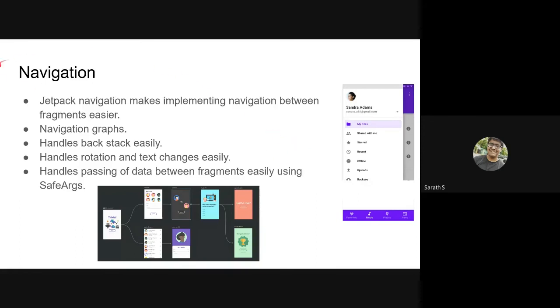There's another thing called navigation, and specifically Jetpack navigation. This is an easy library which is used to navigate between fragments and activities. You don't just have one screen in your app, right? As you see in the photo below, you have many screens. If you want to go from one to another, you have to pass data between them, right? You could just use that Jetpack navigation library to make stuff easier. It has an easy way of passing data between fragments as well.